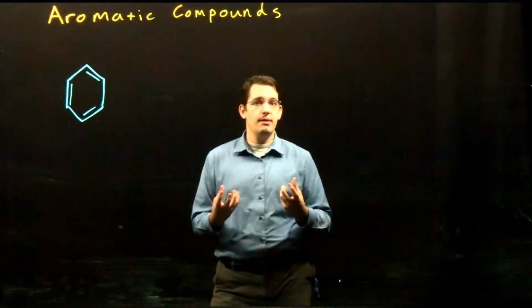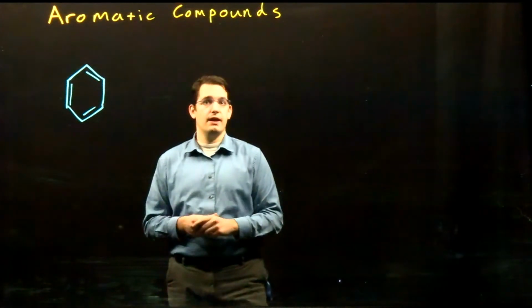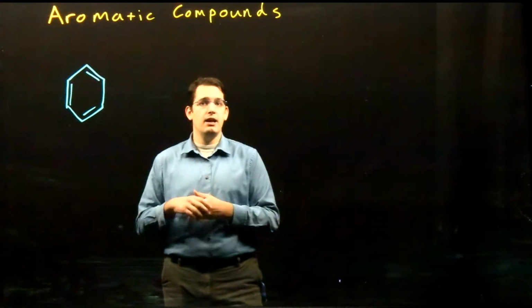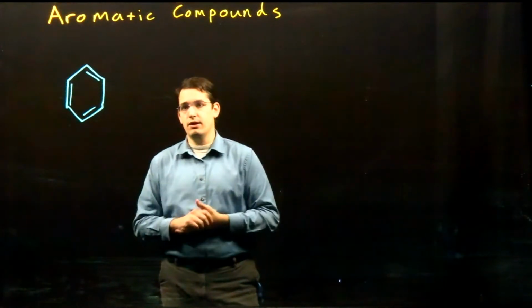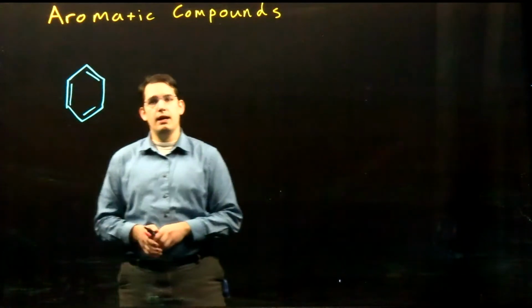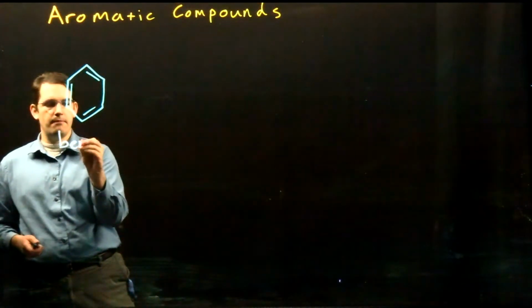This creates a very stable molecule, so we can then use these aromatic compounds in things like DNA, right, where we need a molecule that can stably maintain our genetic code over the course of our lifetime. So if we take a closer look at an aromatic compound, such as our benzene, shown here,